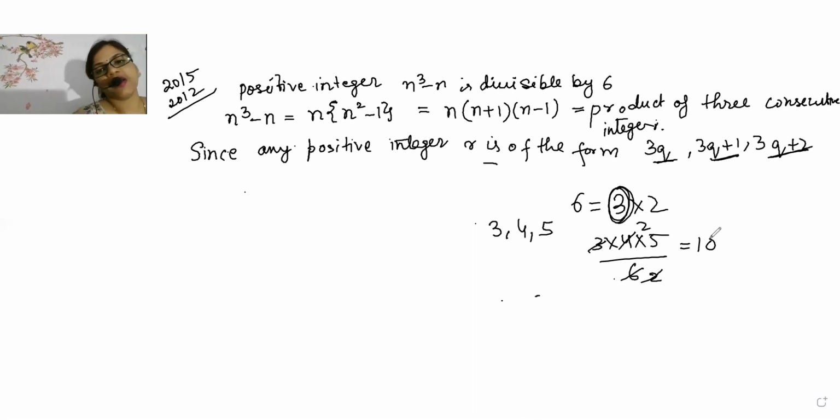And it is what they are telling for any value. So exactly they are wanting to tell that whatever value will come, this number will always be divisible by 6. Okay, so n plus 1, n minus 1 is always divisible by 6. Now what we have to do, first we have to tell that okay, some positive integer r is there, and r can be written of the form 3q plus 1 and 3q plus 2. Okay, so first we think about any positive integer. Now we are taking r as any positive integer. Now don't think about question. You think about a number.